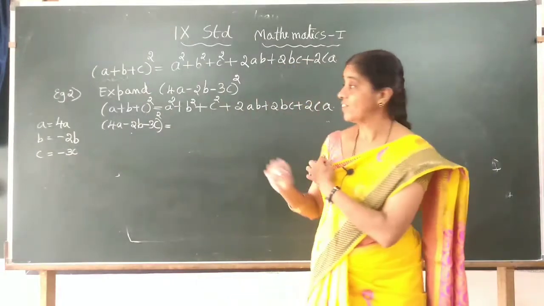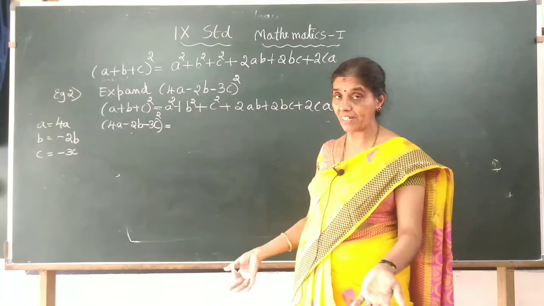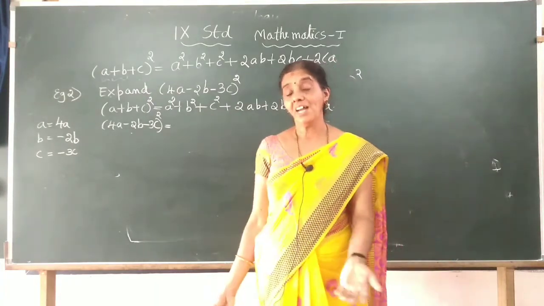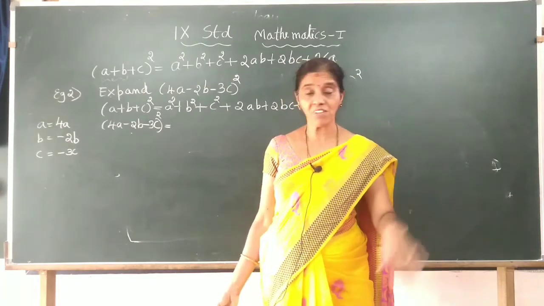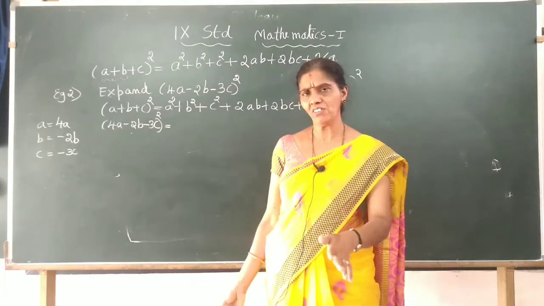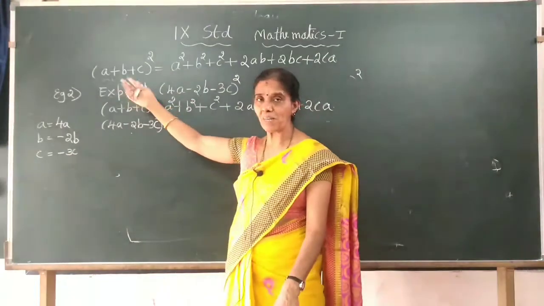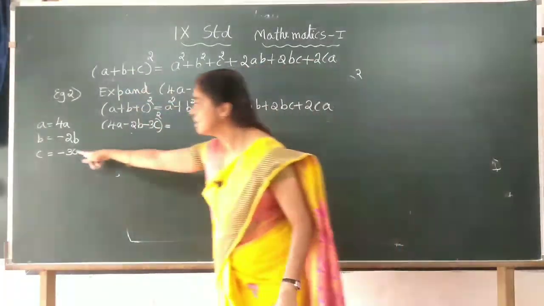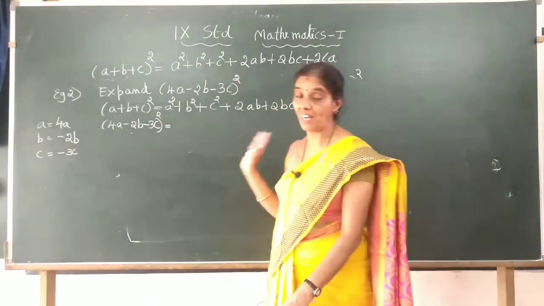Negative sign: if there were two separate formulas for negative and positive numbers, no problem. We can use A plus B whole square, where only A and B have to be taken, and one more identity, A minus B whole square. There we are not taking the minus sign in the identity; the B value will be taken and substituted. But here only one identity is there for plus or minus, whatever the numbers A, B, C. So you have to take negative numbers, and the negative sign also you have to consider in the identity.